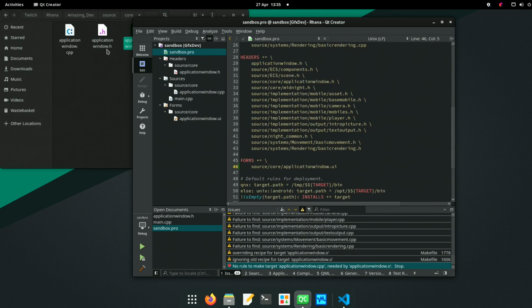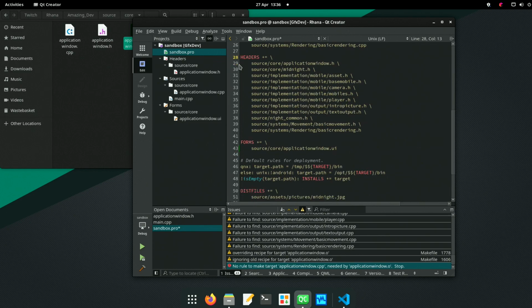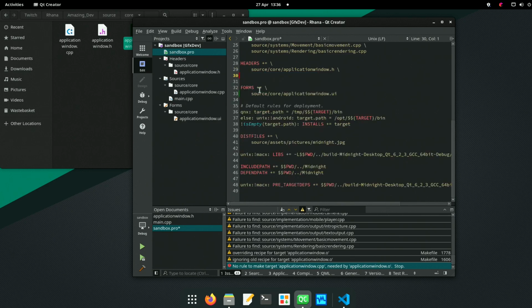We have 3 files, an H and a CPP. We have application window.h, so you don't belong in this anymore. In headers, all of these have disappeared. We only have that one. Everything else is now in a different library.